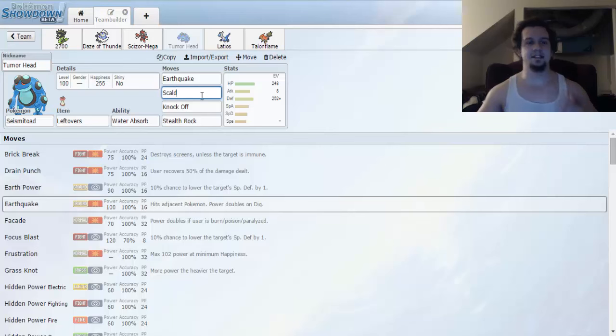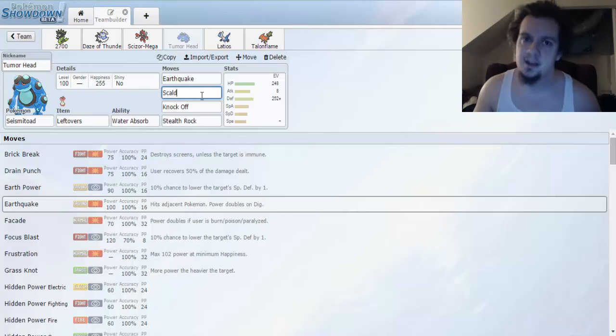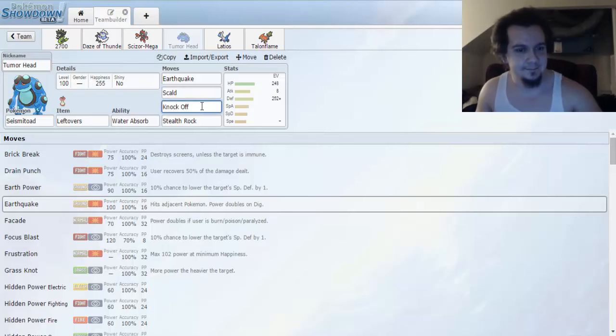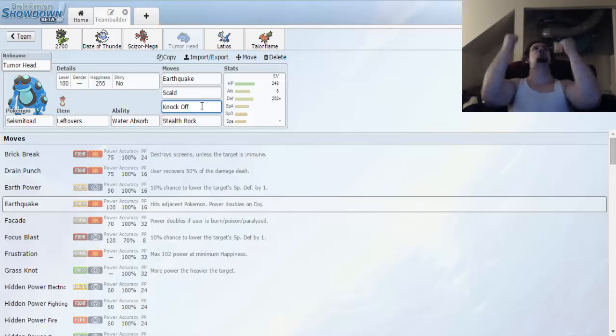Up next, we got Scald, because we need to fish, okay? We need to fish for those burns. This thing with Scald, 30% chance to burn your opponents. Amazing. I love Scald. And then, the next move, we got Knockoff,